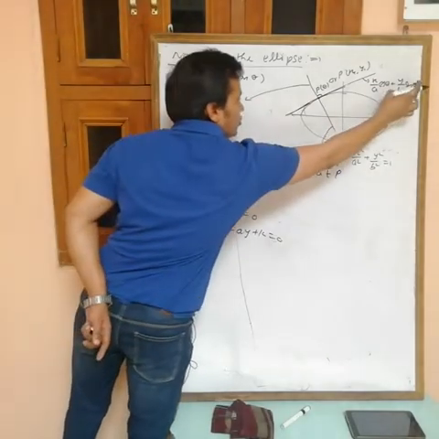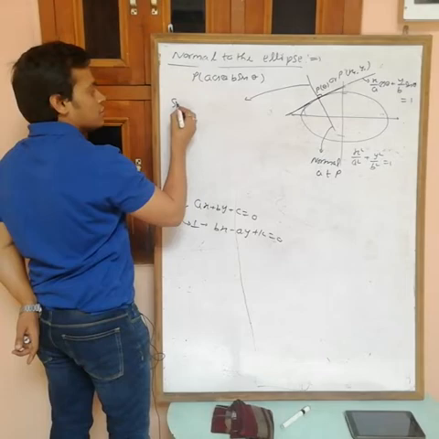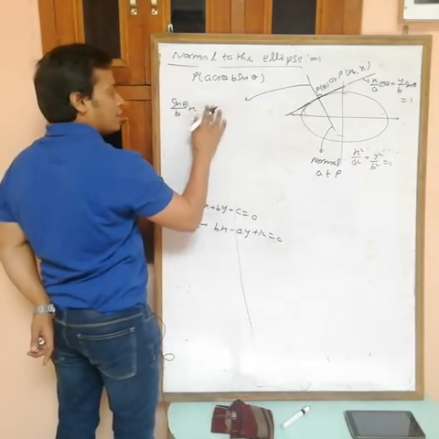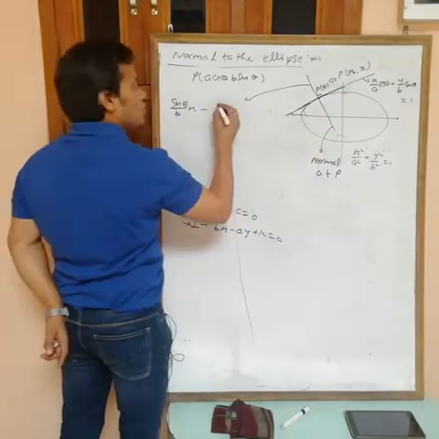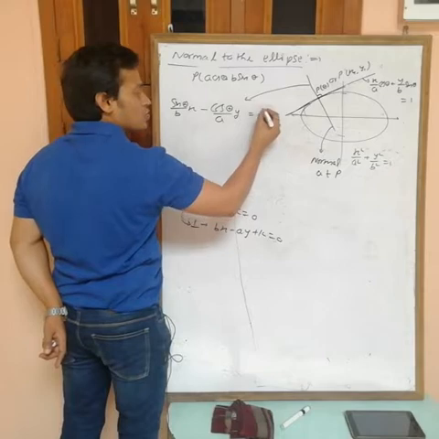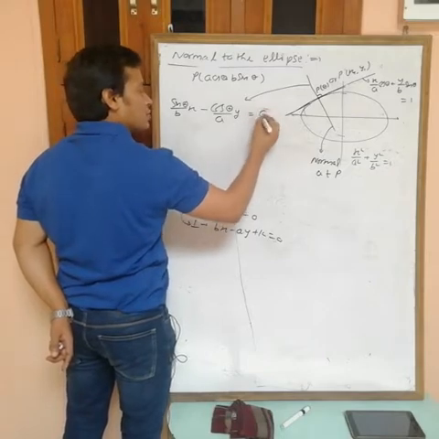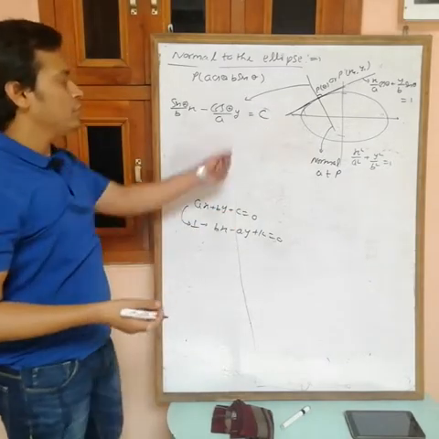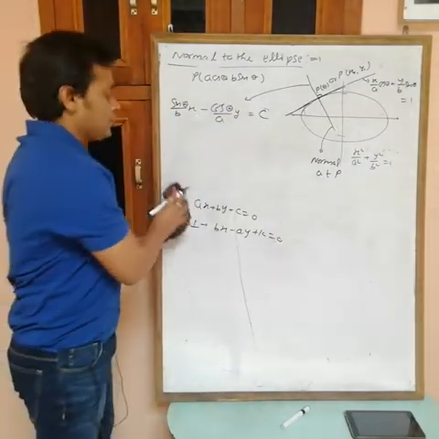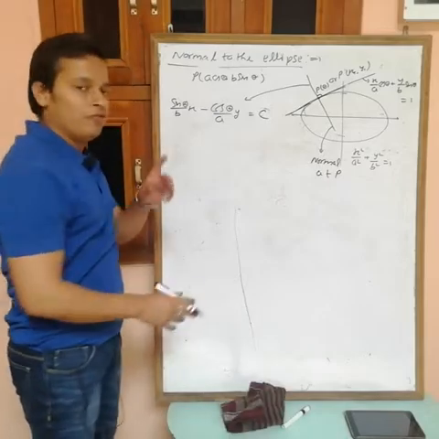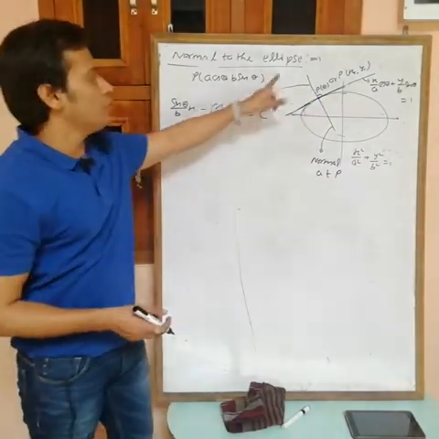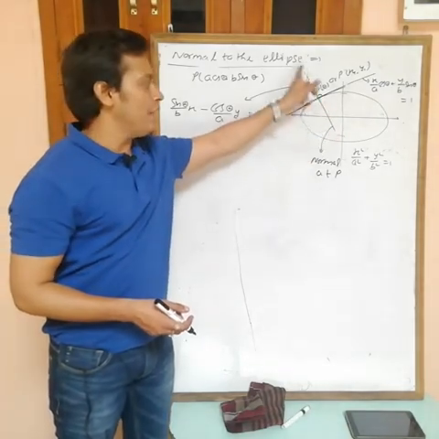bx, the coefficient of y is sin theta by b, so sin theta by b times x, minus ay, where the coefficient of x is cos theta by a, times y, equals c or k. Suppose c. At this time we didn't know the value of c, na. Now we want the value of c anyhow. Okay, how to find the value of c? To find any one value, we want one relation. Actually we have, na, this point P lies on this normal.